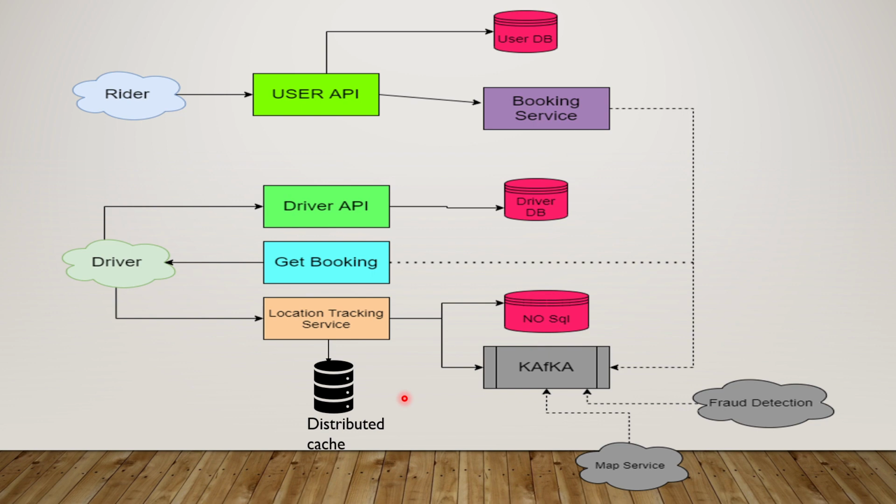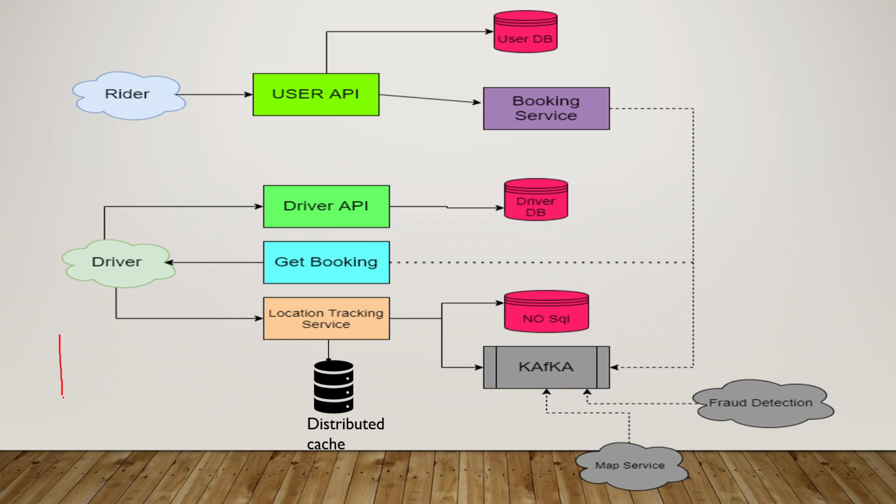And the third place where the location tracking or the location service should send the data should be a distributed cache. And this distributed cache will store the data in a key value pair. And here the benefit is, you can store at which particular location. So suppose one driver is at location A and the rider is at location B, and those two places are very nearby. So let me just put it on a map.